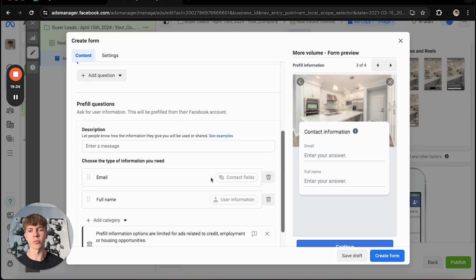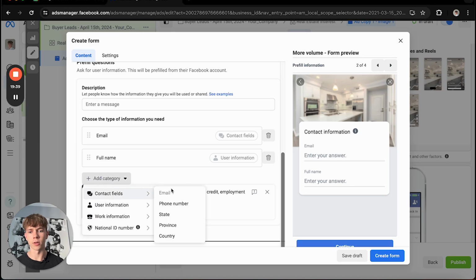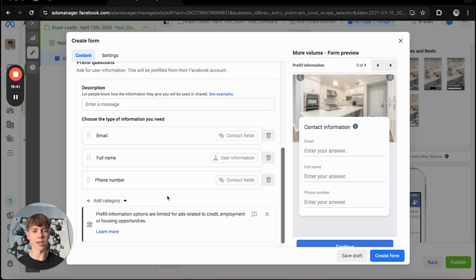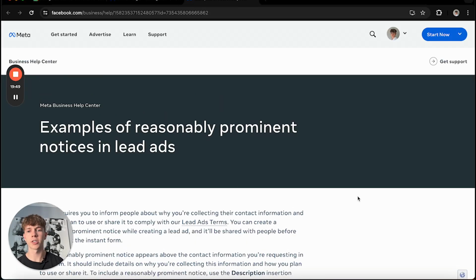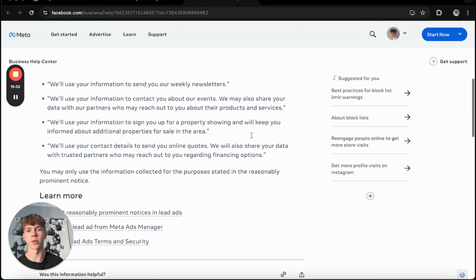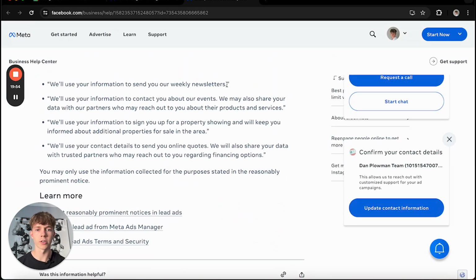Now, there are a lot of cool things that we can do here, but for the sake of this example, we will add just their phone number, email, full name, phone number. And then with this one, let people know how the information they give you will be used or shared. This is where you're wanting to come up with some kind of disclaimer, right? So we'll use information to send you our weekly newsletters, right? In this case, we'll use your information to